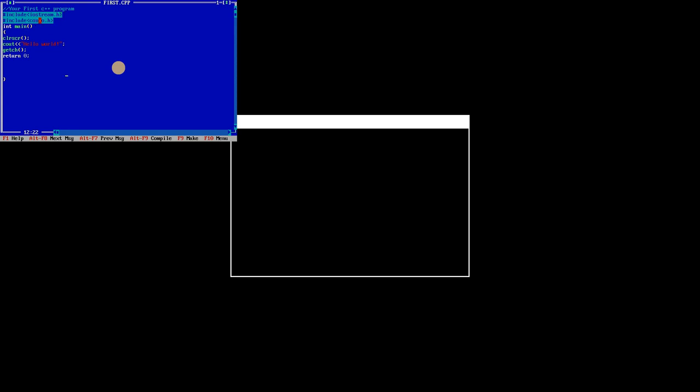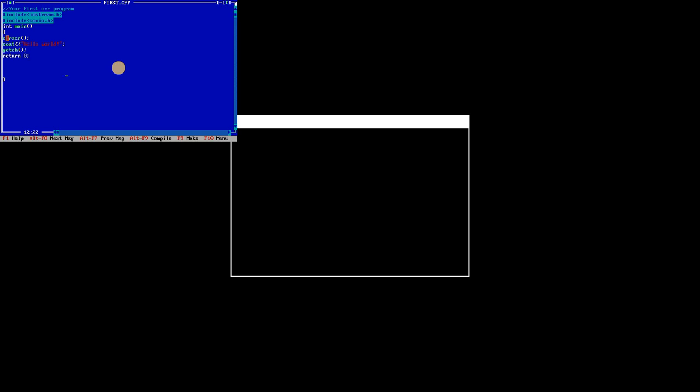Next, there is the main function, int main. A valid C++ program must have a main function. The curly braces indicate the start and the end of the main function, and the execution of the code begins with this function.